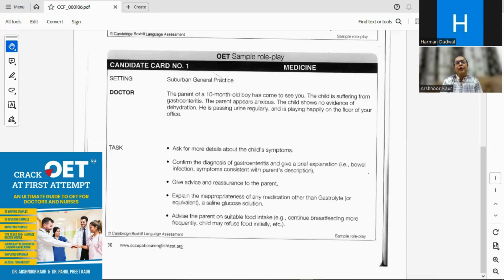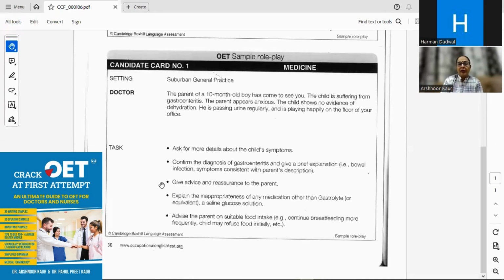Take a pause of a few seconds. Then you should say, I've examined your child, and I don't think there is anything to be alarmed about. This is a quite common condition at this age of children when they are at the dentition stage, or it might be that the child has some problem with dentition. In that case, he has this problem of having crying spells or passing stools.